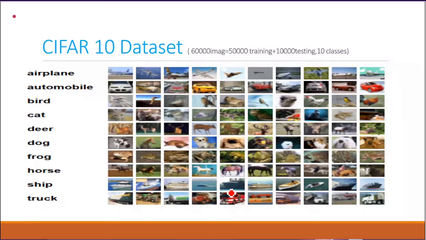So now I'm taking a demo with the CIFAR10 dataset. I have to consider the CIFAR10 dataset for image classification. It holds 60,000 images. In that, I'm taking 50,000 training images, and 10,000 I'm taking for testing images. The CIFAR10 dataset is for classification of 10 classes. So they have the built-in split, where the training and testing images are separated.